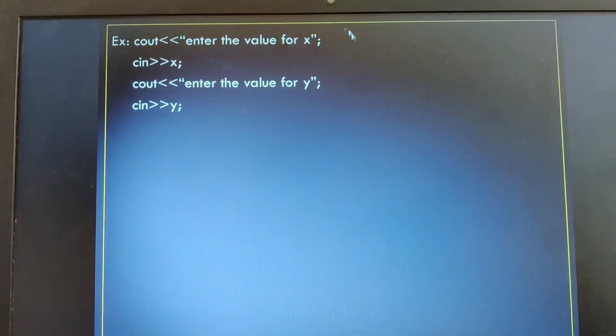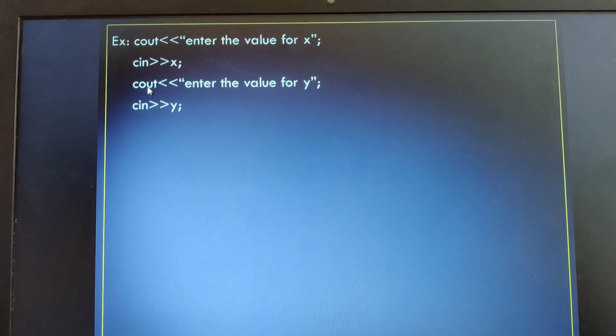Every time, instead of using a single statement, now here I'll explain. See here, I have to actually read the values for x and y. First I'll write cout, enter the value for x, then I will read it from the keyboard through the help of the cin object. This is what? Stream extraction. It will extract the contents, whatever x value we are giving through the keyboard.